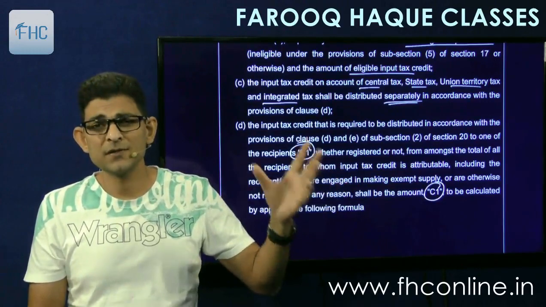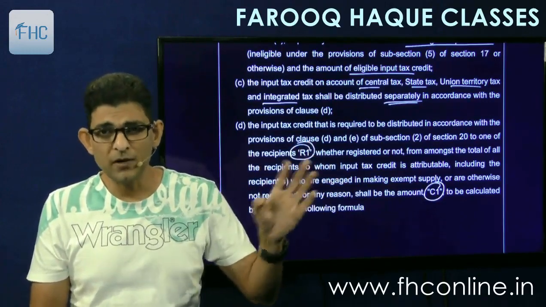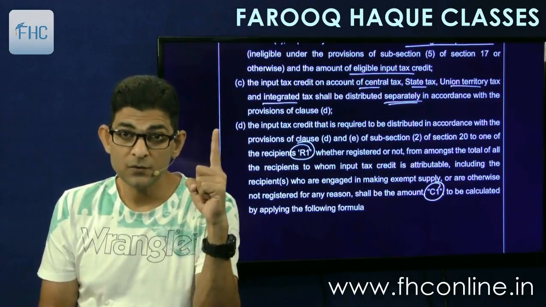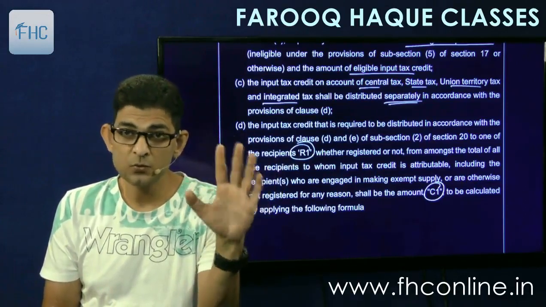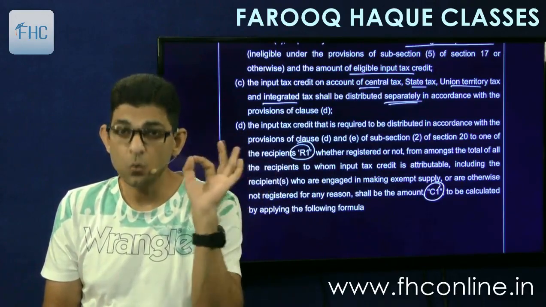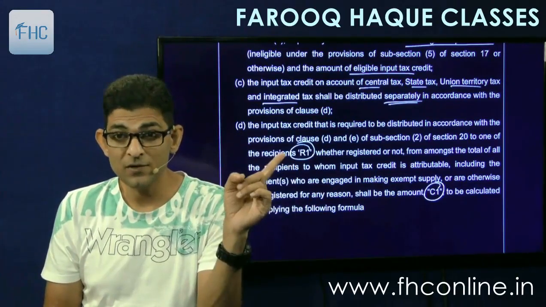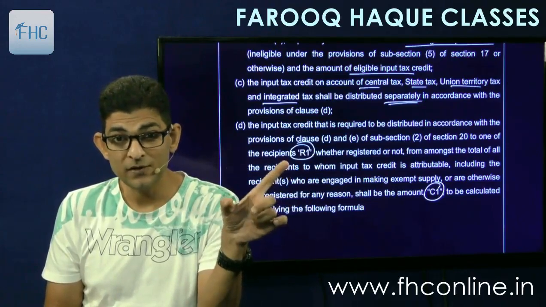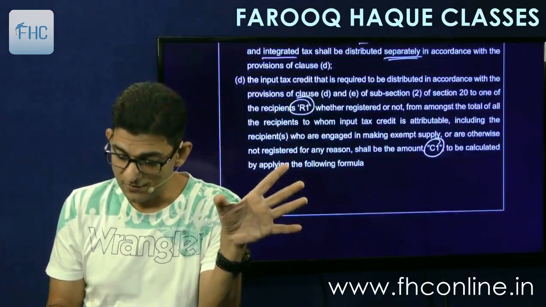Forget the whole English, it only refers to the formula. So what is the formula? It means credit to be distributed to one unit. That unit may be producing taxable goods, that unit may be producing exempt goods, it may be a registered unit, it may be an unregistered unit. Whatever that unit is, R1, and the distribution will be C1, which will be calculated as follows. The formula is